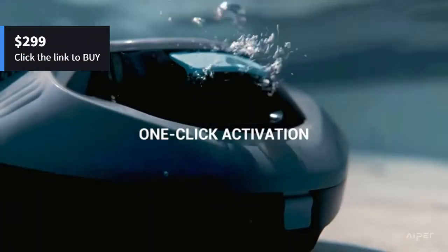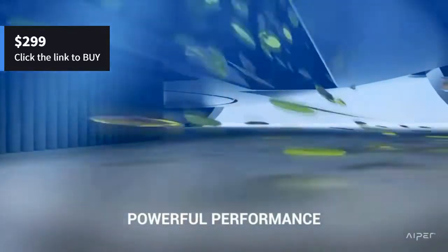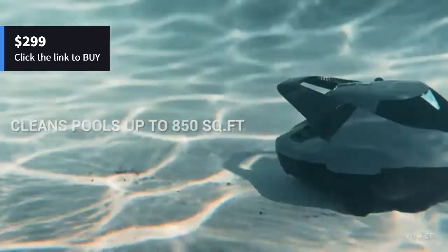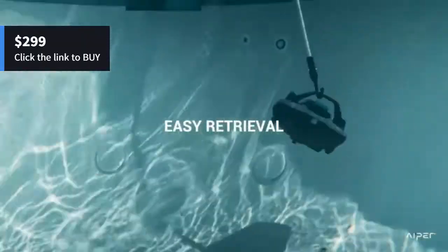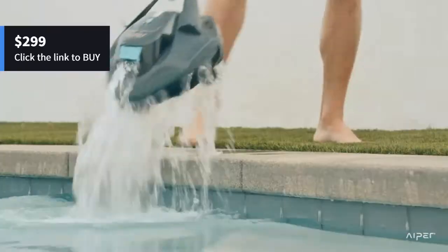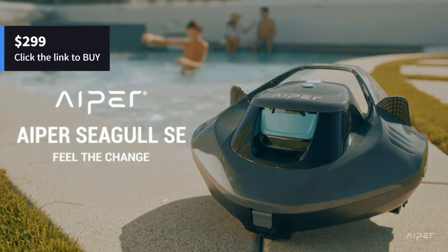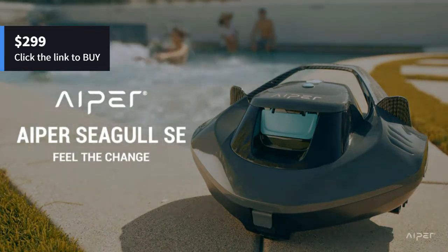One of the biggest improvements in this model is its increased battery life. The newly designed battery only takes 2.5 hours to fully charge and provides over 90 minutes of cleaning capabilities. This makes it ideal for round above-ground pools up to 33-foot diameter, and in-ground flat-floored pools up to 40 feet